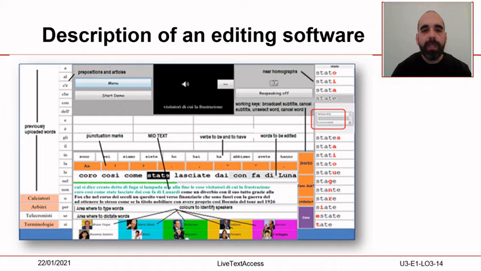In the upper section of the middle part of the software, there are three buttons: the menu button, Start Demo, and Respeaking on or off. In the middle, there is a square where you can check the images and see how the subtitles will be displayed. Underneath this section, there are several forms of the most common verbs, to be and to have. Under this list, there is the punctuation area, with all the punctuation marks you usually find in subtitles.